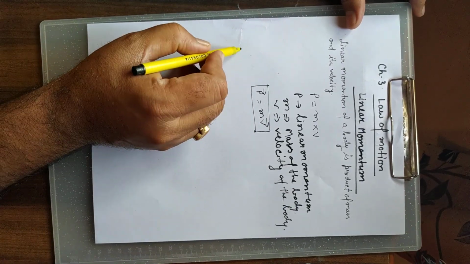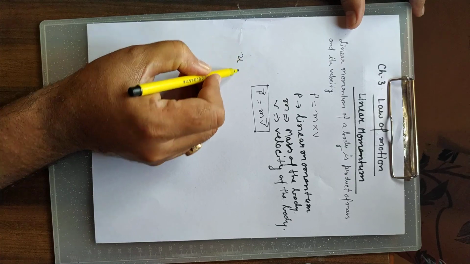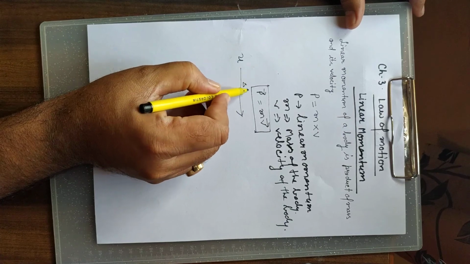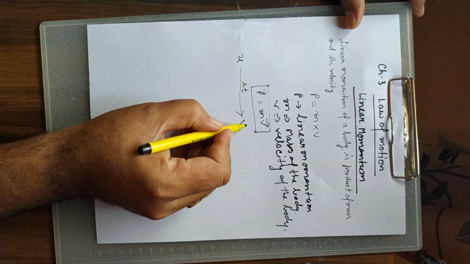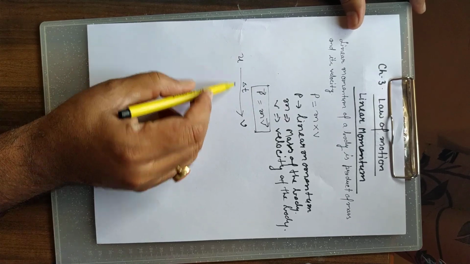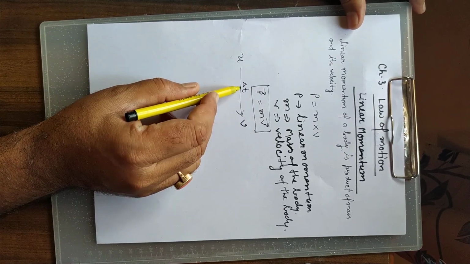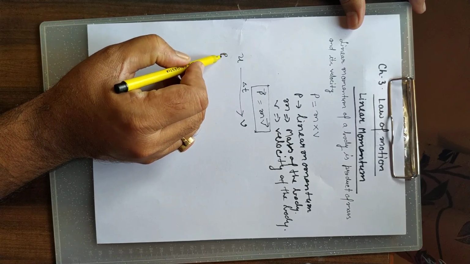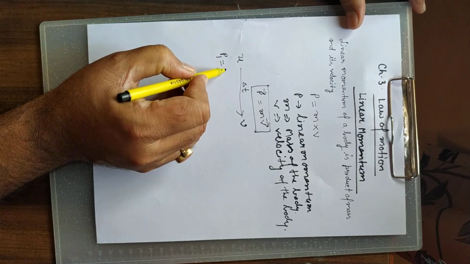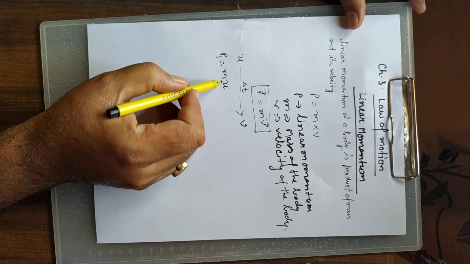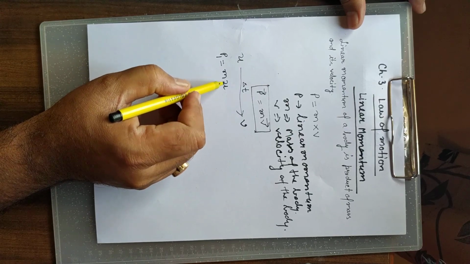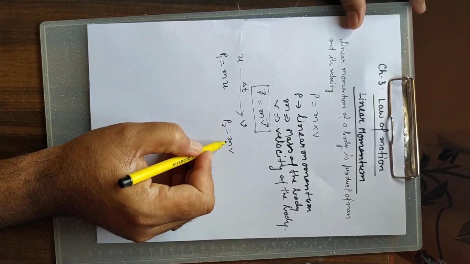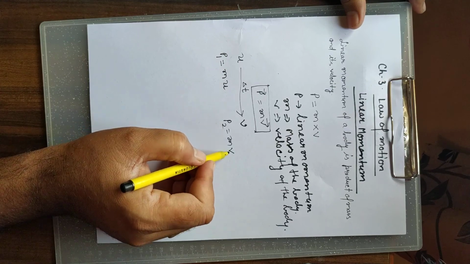Let us consider a body moving with initial velocity u, and after delta t second time interval the velocity becomes v. So initial velocity u and final velocity v after delta t seconds. First find out the linear momentum. Initial linear momentum P1 equal to m u, where m is the mass of the body and u is the initial velocity of the given body, and P2 is the final linear momentum equal to m into v. Final linear momentum is the product of mass and final velocity.